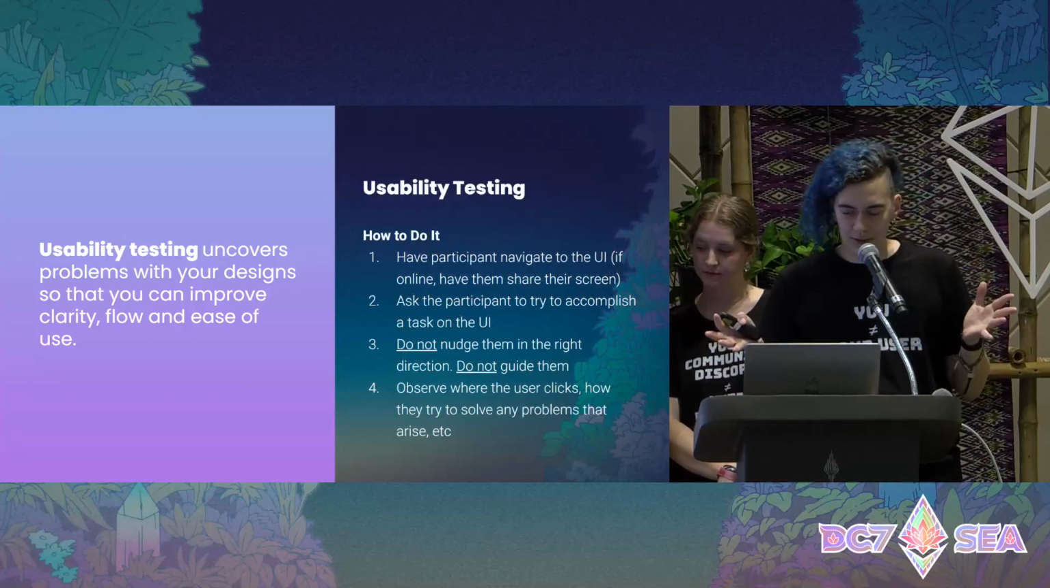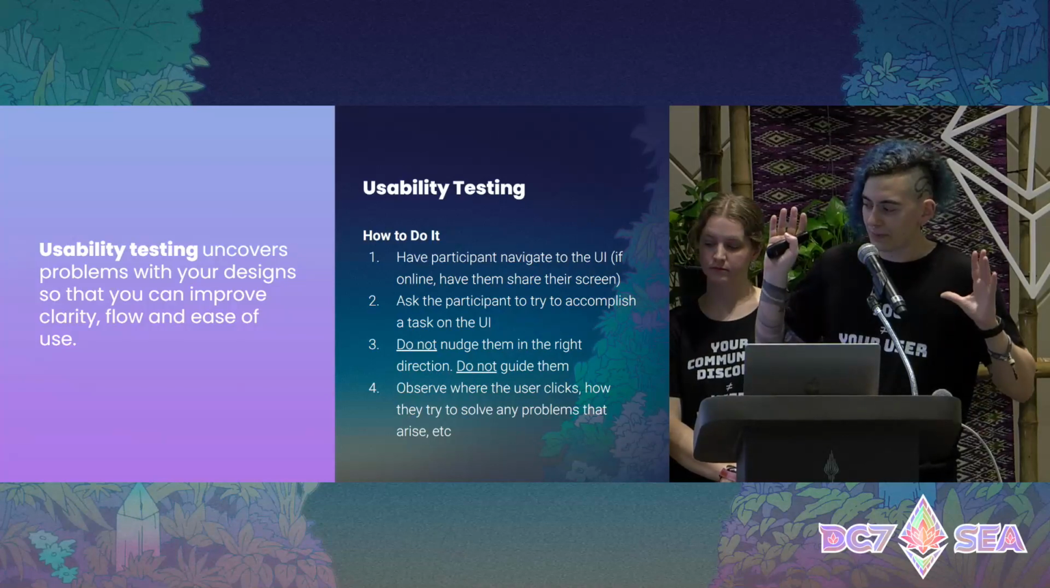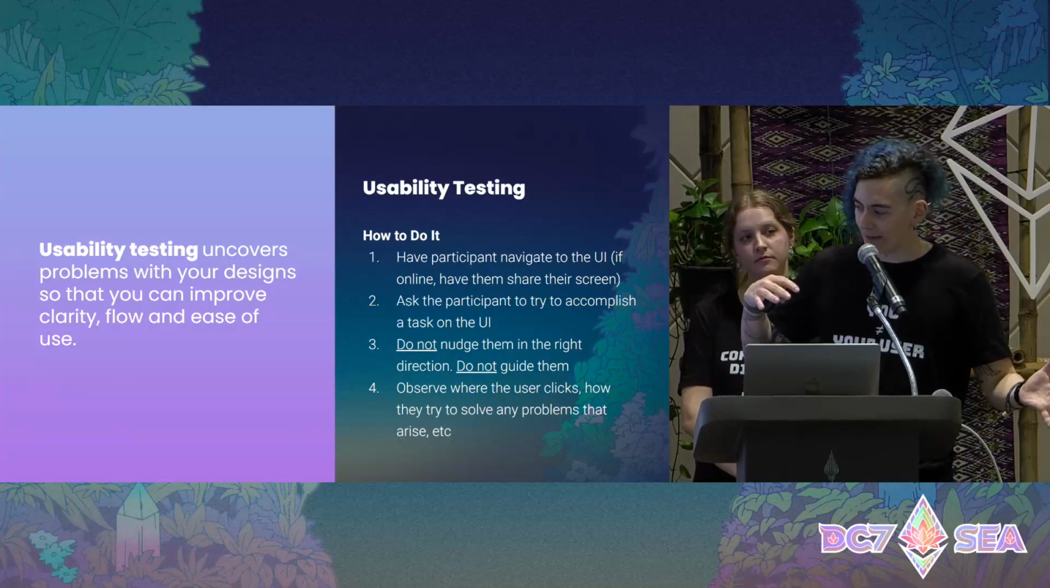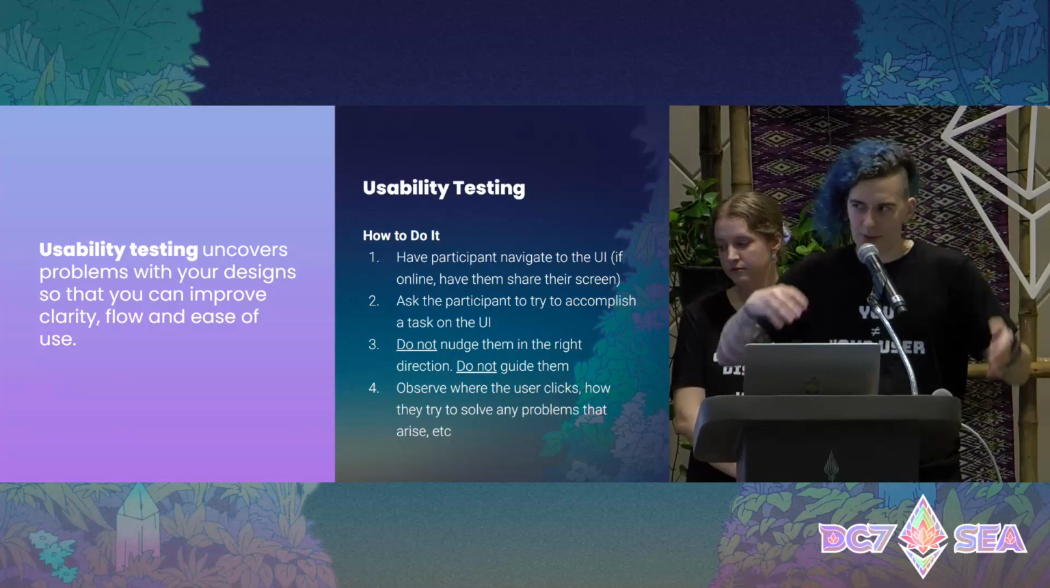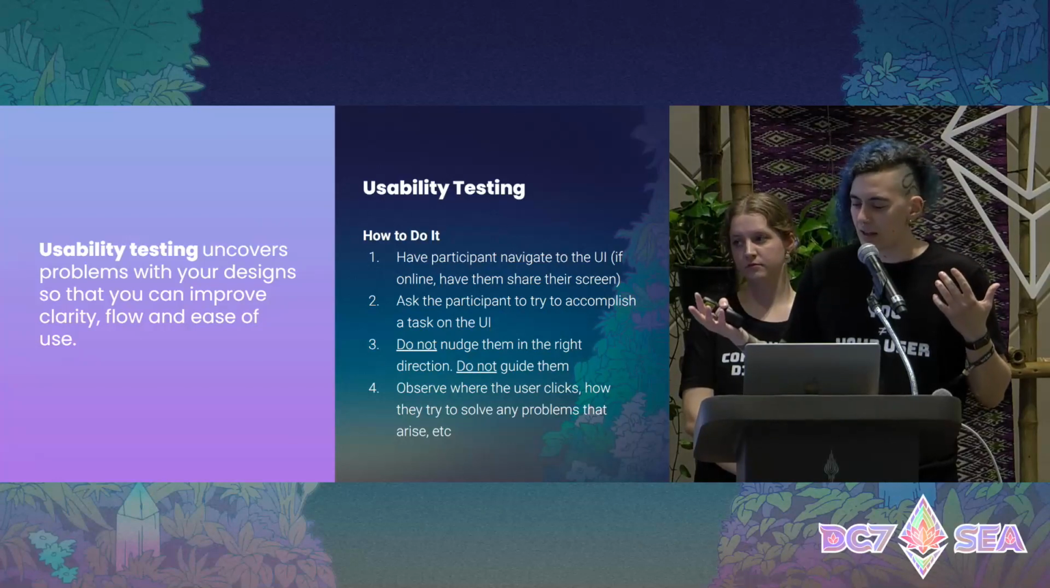So what do you need to have in order to do usability testing? You need to get your participant to navigate the UI. And if you're doing it online, which I think is how we mostly would do it,